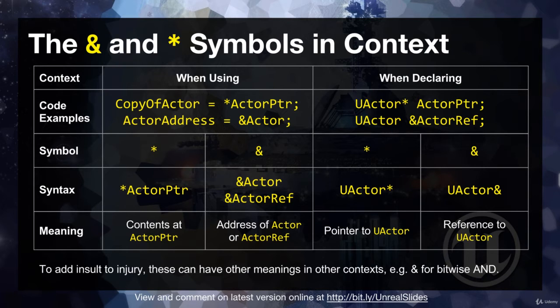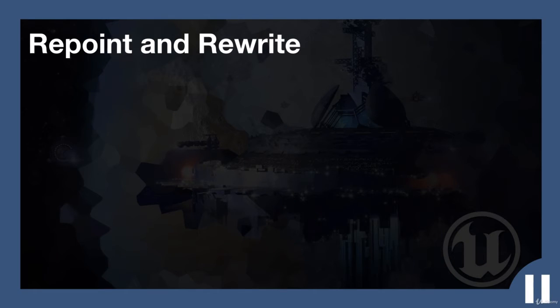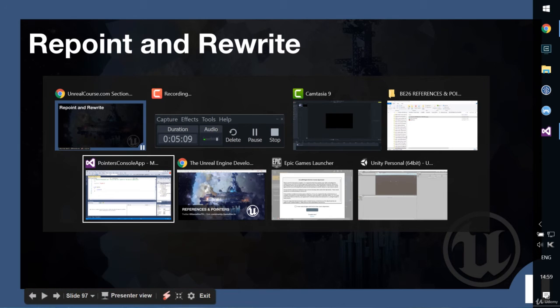And to add insult to injury, they can all have different meanings in different contexts. For example, and can be a bitwise and, but we won't go into any detail with that. In these contexts, this is what they mean. Okay, we're going to have a challenge for you in just a second, but I want to show you the